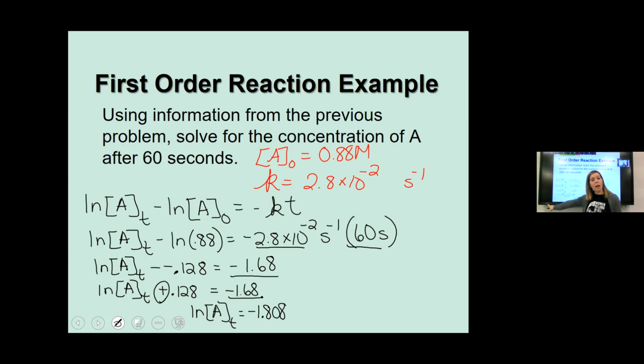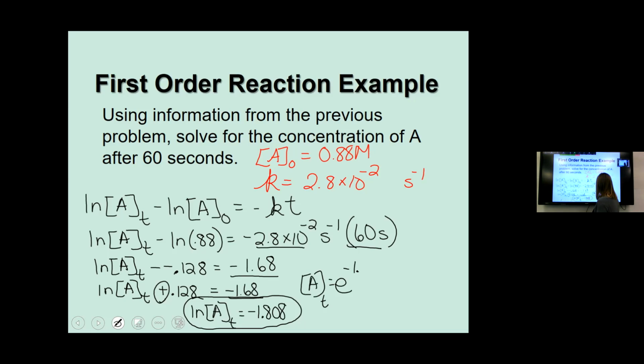Now I need to get the natural log of A at time t by itself. So then I subtract 0.128 from both sides of the equation, and I end up with this here. Natural log of A at time t is equal to negative 1.8 approximately. Now, in order to cancel out natural log, we just use e to the x because that's the inverse of natural log. So then you do the concentration of A at time t is equal to e to the value